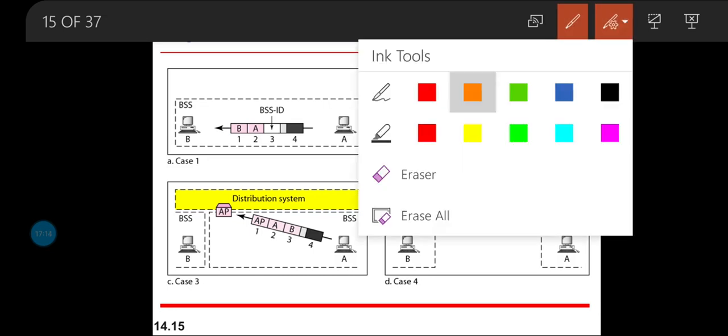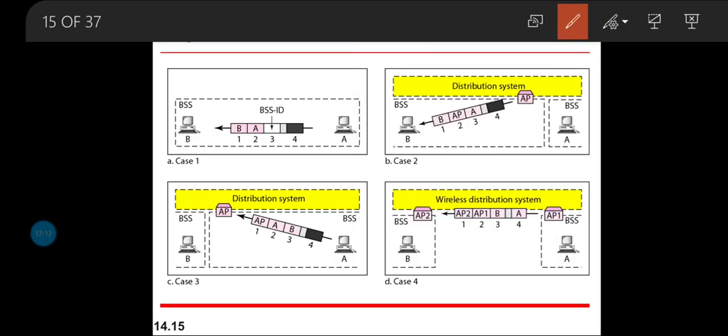Now whenever I set To DS and From DS to 0 and 0, I will have this kind of addressing. Address 1 will be B, address 2 will be A, address 3 will be the BSS ID, and address 4 will be not applicable.